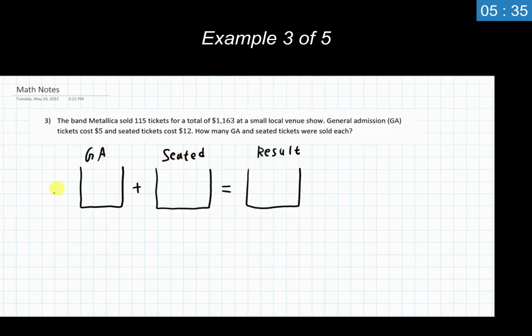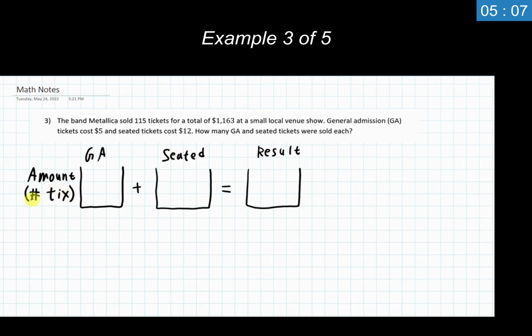Then we need to have something off to the side here, more units. We always have an amount of something. Again, I like putting the amount inside the buckets. And what is that amount? Well, the amount is listed as the number of GA tickets and the number of seated tickets. So really just the raw number of physical tickets that are for each of the different types of seating that we could have.